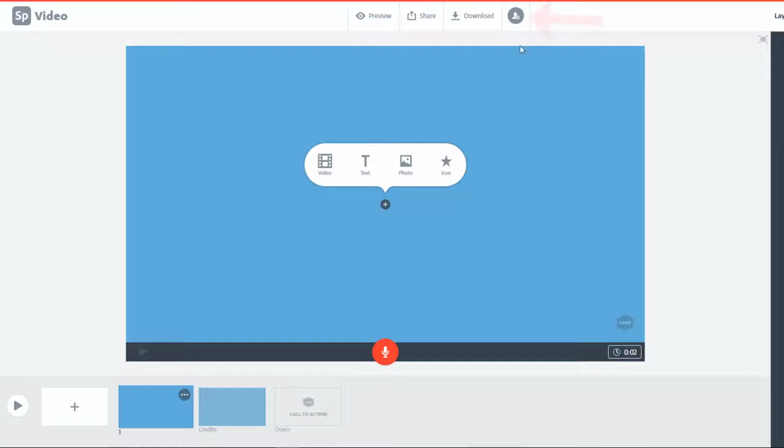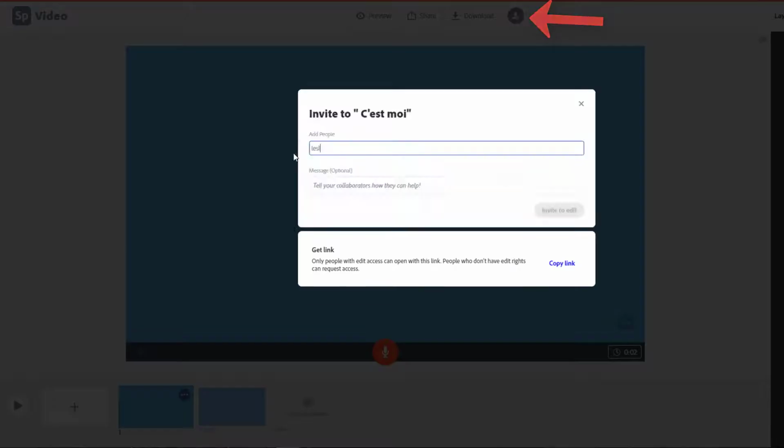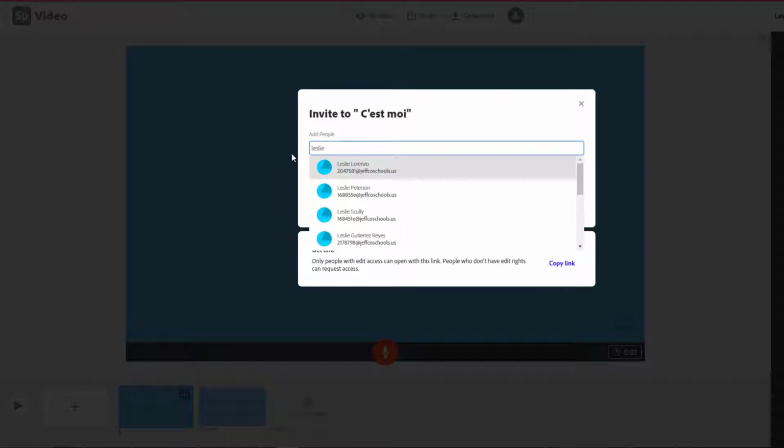If you are working with a partner, you can click the Invite button and enter your partner's name to send them an invitation. Unlike Google items, you cannot both simultaneously edit, so you will need to coordinate so you both know who is going to be editing and when. Your invited collaborators will get an email invitation to join your project. They need to accept that invitation from the email or their Adobe Spark notifications before they will be able to